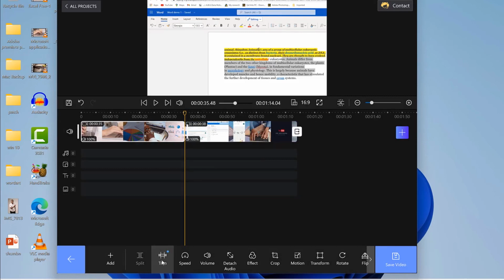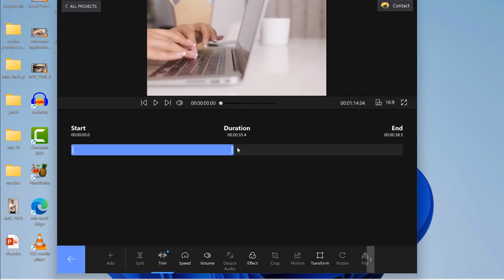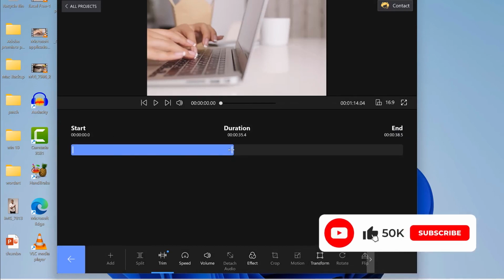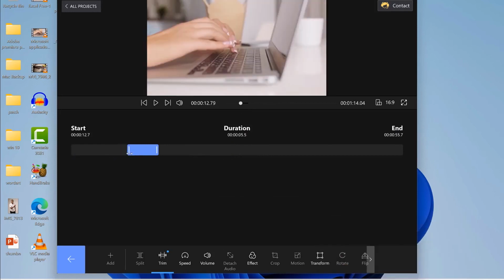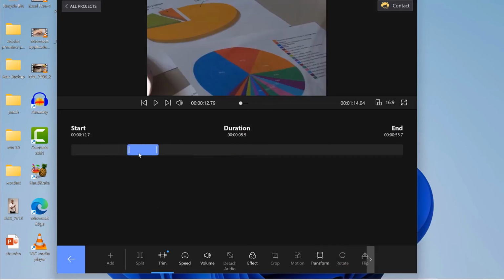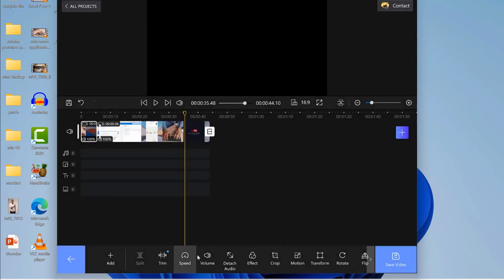And the next thing is you can do trimming. You can trim from the edges of any selected media. You can trim directly, easily, just like so. You can just easily trim from the sides, and you can easily move the clips if you want. And as soon as you're done trimming, you can just click on back, and you can see